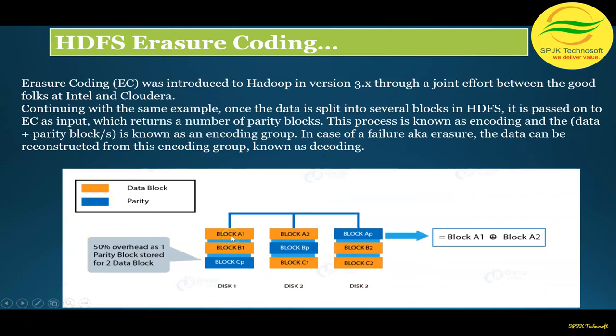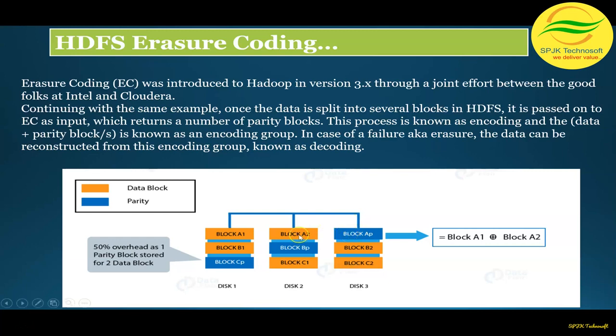If you see, there are blocks A1, A2, blocks B1, B2, and blocks C1, C2. And these blue ones, if you observe, are nothing but parity blocks. Block A1 and block A2 are there in block AP, because it is A parity, P is for parity. So in the example here, block A1 and A2 equal block AP, which contains block A1 and block A2. If any of the blocks get erased or corrupted, by using the erasure coding mechanism, because it is in encoded format, we can easily decode and return the data.